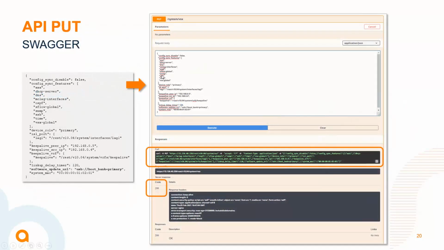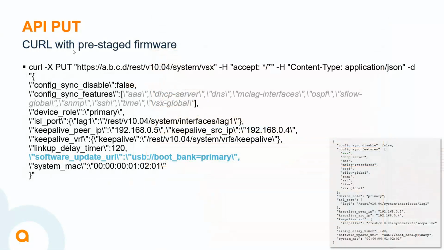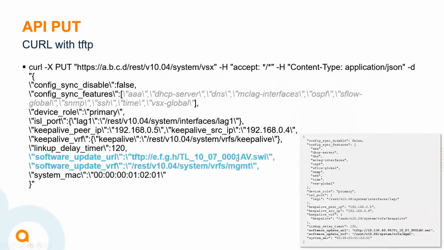Then in the demo, I use Swagger, but you can use curl or any Python script if you want. I'm going to fill that data set into the execute command of this Swagger. The equivalent curl command would be the one here, with the JSON structure that you have here with the software update URL, for instance. For TFTP, you have the information here as well. So feel free to replace those values with your TFTP server and accurate file.